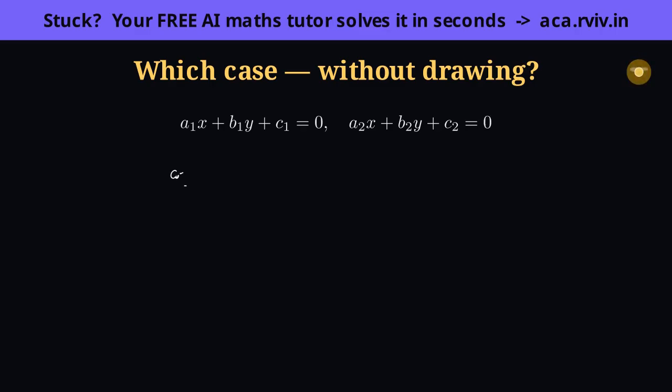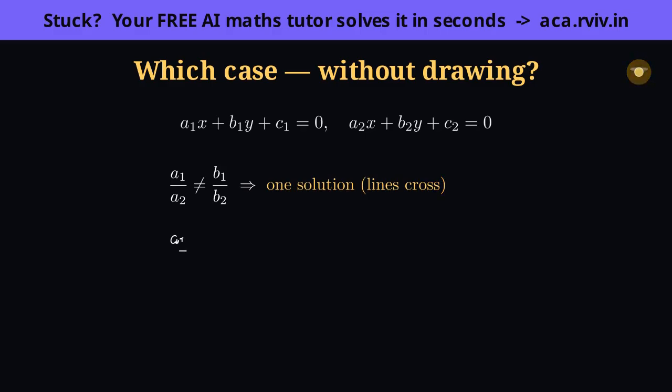First case, the A ratio and the B ratio are different. Think about what that means. The slope is minus a over b. If a1 over a2 doesn't equal b1 over b2, then the two slopes can't be equal, the lines tilt differently. Different tilts must cross exactly once. So unequal A and B ratios guarantee one solution, the lines cross. That's a happy case, caught purely in the numbers.